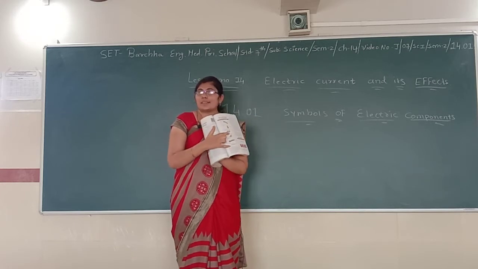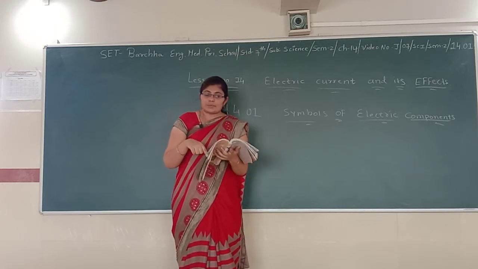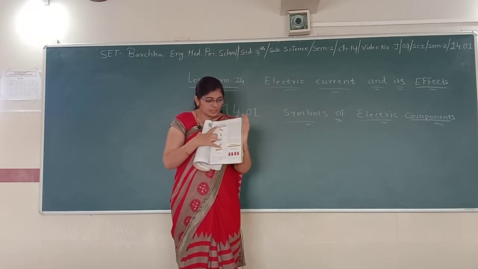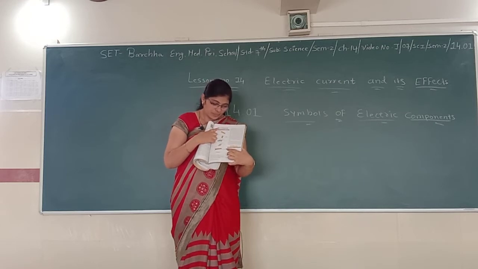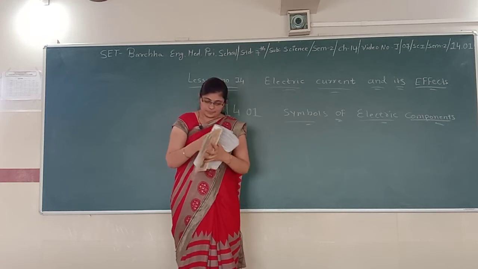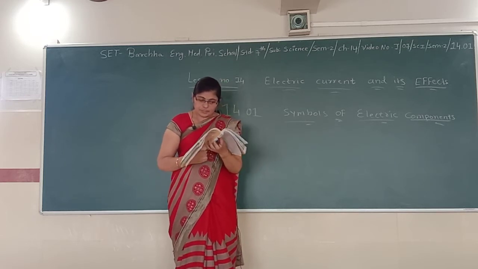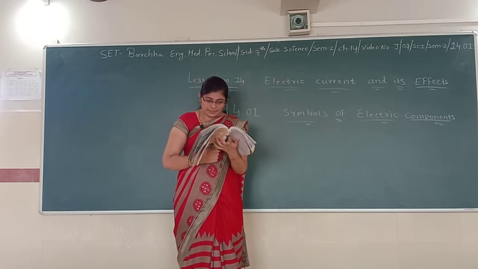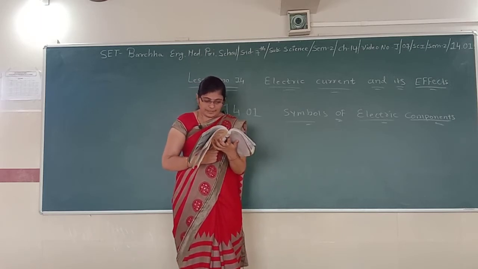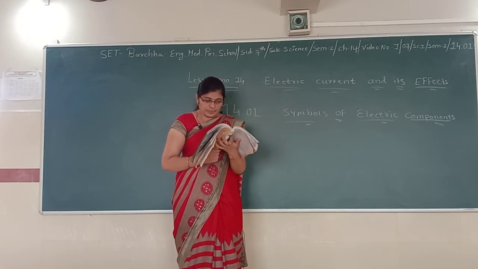So here it is again explained how a symbol can represent things. For example, this is the symbol of a cell, then the bulb, then the on mode, then the off mode, and then this is the symbol of a battery, and the last one is the wire. In table 14.1, the battery and its symbol are also shown. Do you know what a battery is? Look at the symbol of a battery. Can you make out what the battery can do?